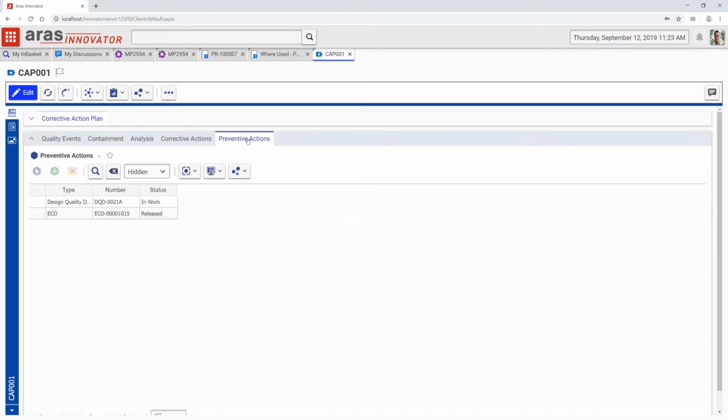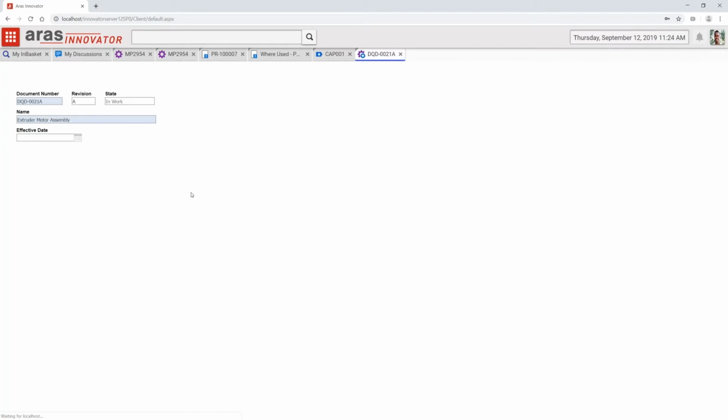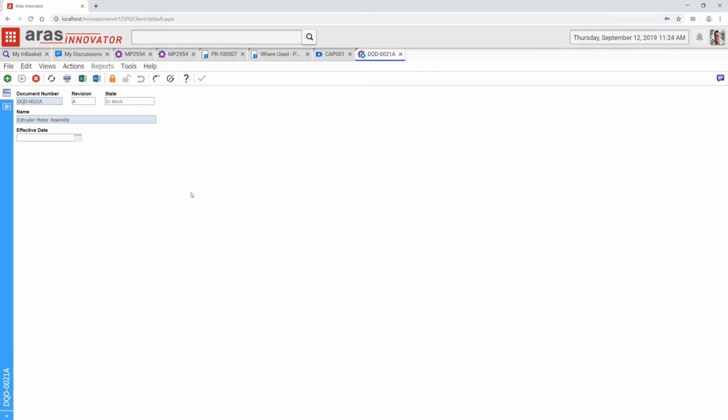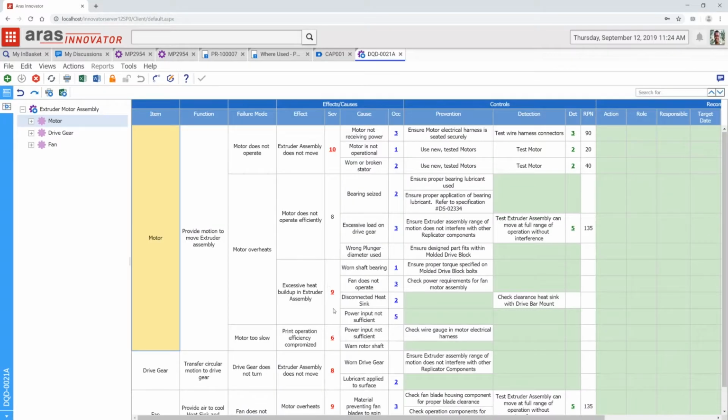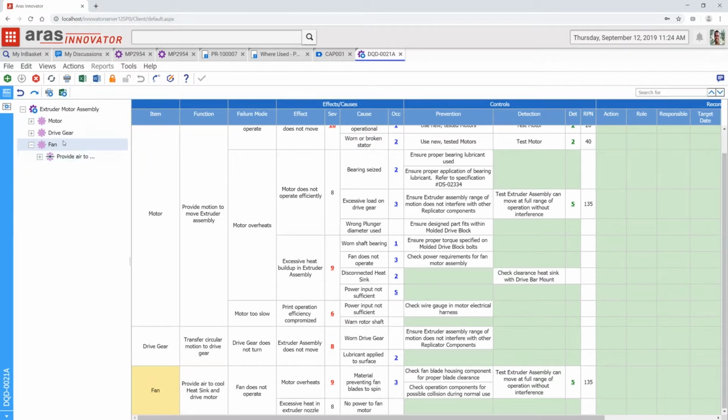And to close the loop, if you look here, you'll see that part of the corrective or preventative action was the ECO. So this was not an ECO in a vacuum. It was part of an overall plan. And also to get ahead of this for proactive quality planning, we can capture this information and track this as part of a DFMEA or PFMEA. All of this built on the same platform, all of this relating to exactly the items we've been talking about and kept up to date as they are going through their life cycle.